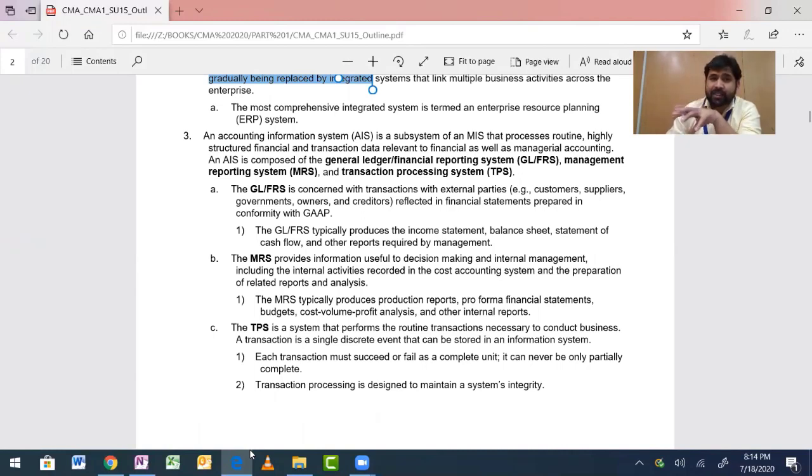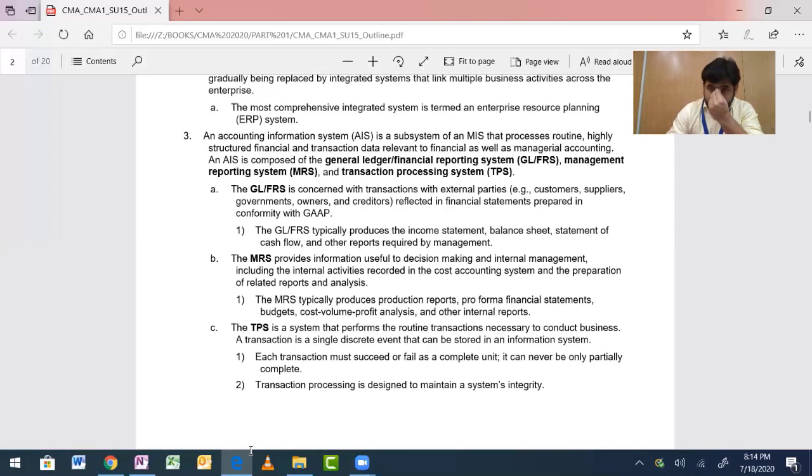No, see, ERP is a combined, integrated system. Here we are talking about one kind of stuff. You have one system where you feed in some data and it gives you a report in return, only as per your requirement. They are saying that the accounting information system is also a type of MIS. MIS and ERP are different.